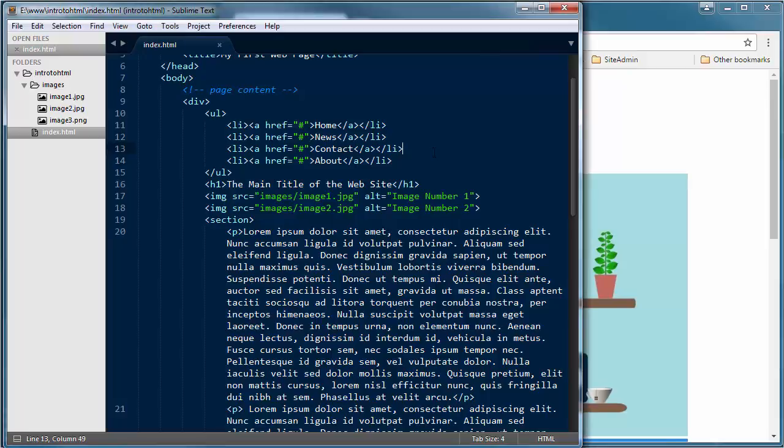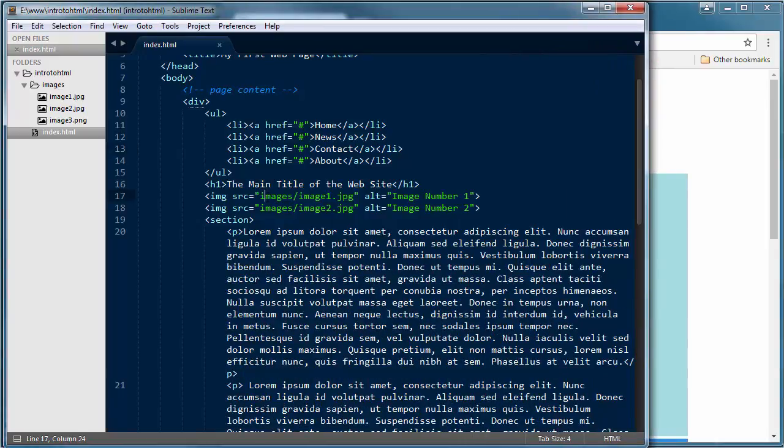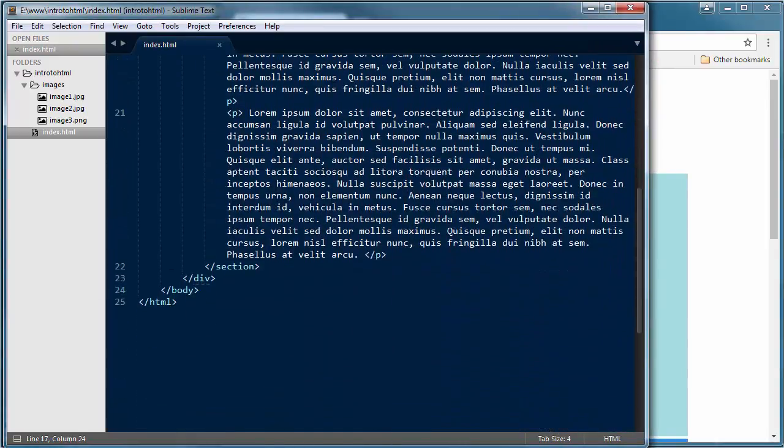So hopefully you've got that paused and you've entered all that in. The last thing I want to do in this particular exercise is go ahead and add a footer to our page. So I'm going to expand this just a little bit, and I'm going to scroll down to the bottom of my page,